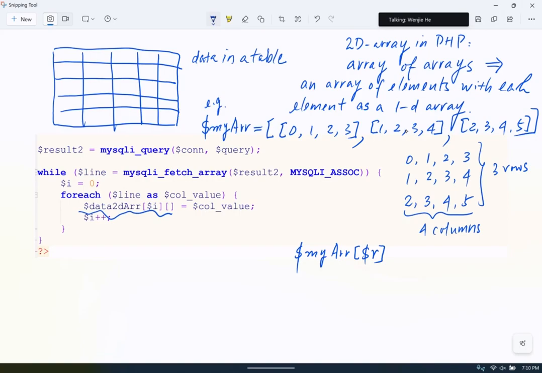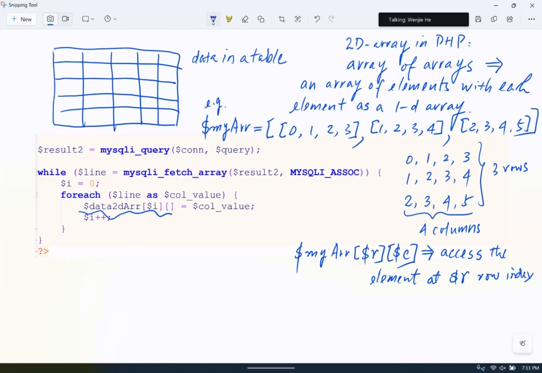The second dimension is the column. With this expression we can access the element at dollar R row index